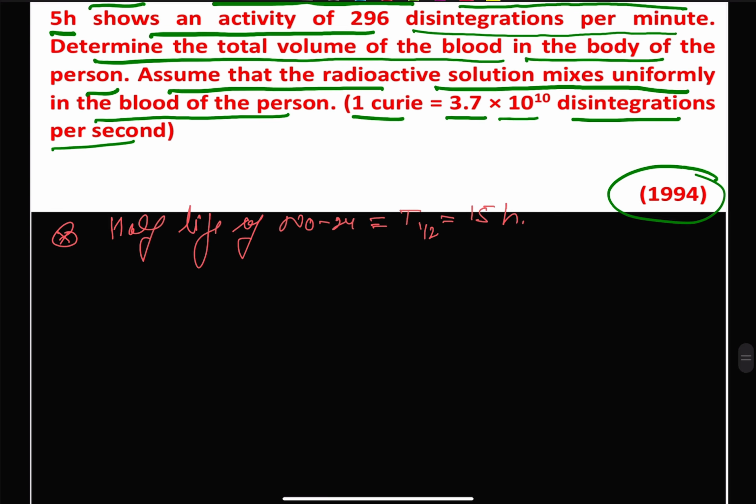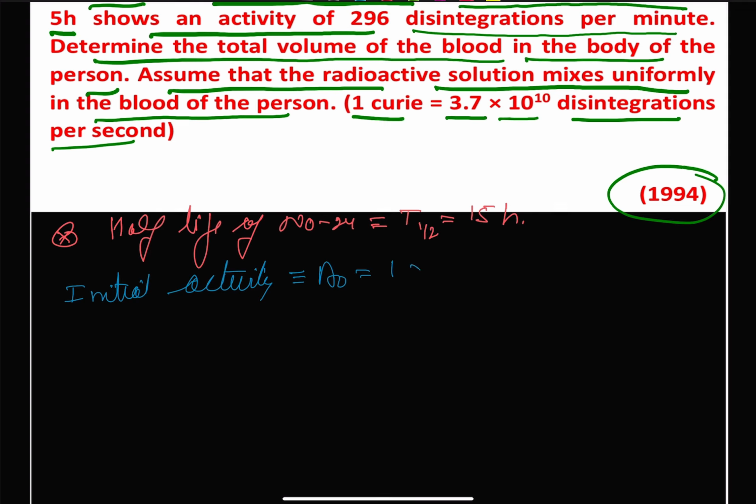So we can see the initial activity, let us suppose that is our A naught, will be equal to 1 microcurie,